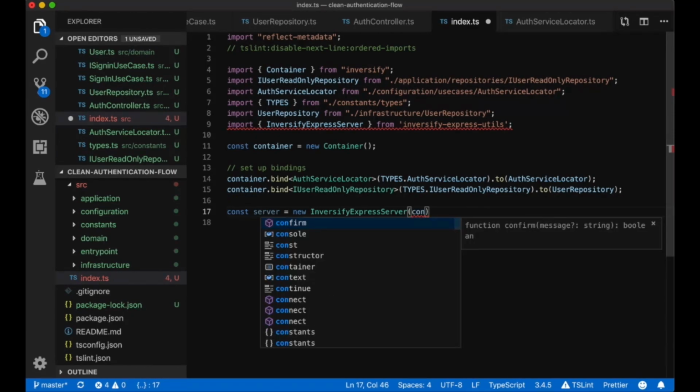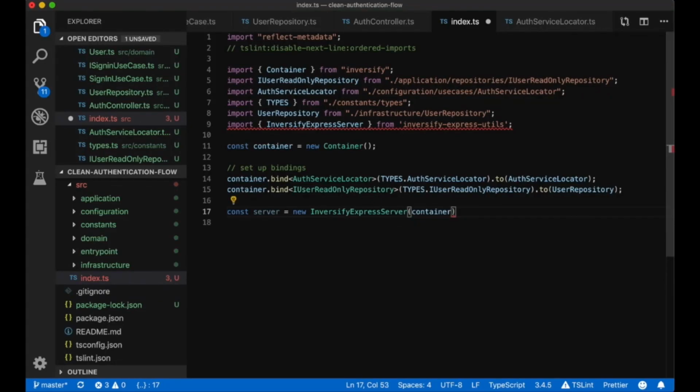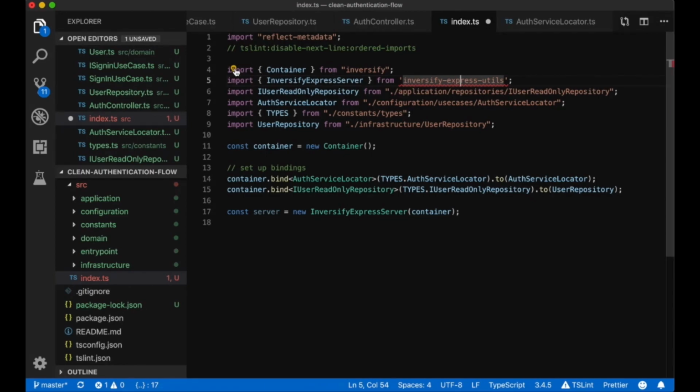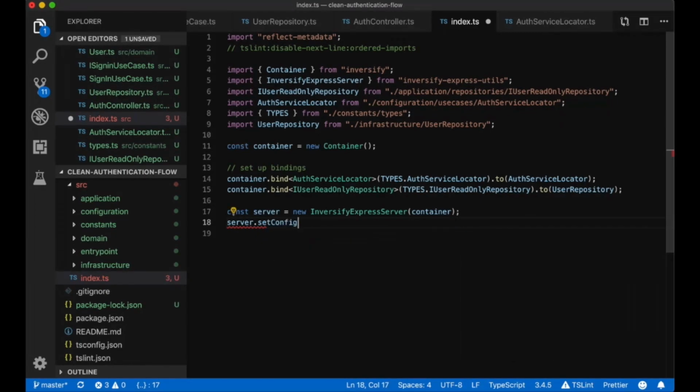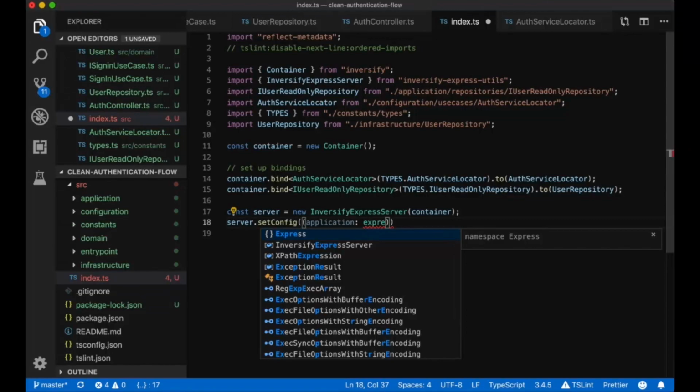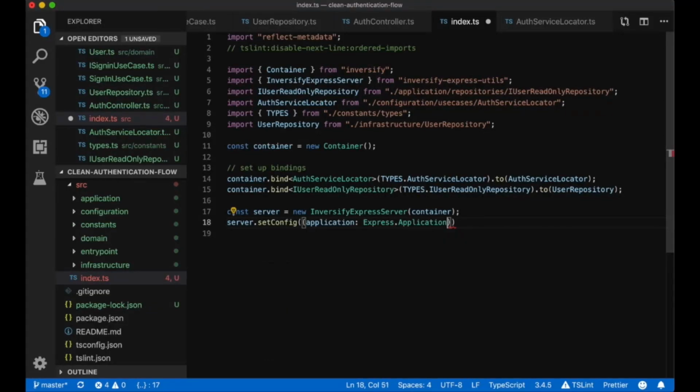And we pass it to our container, then we configure our server, set config, pass in our Express application, just import Express,